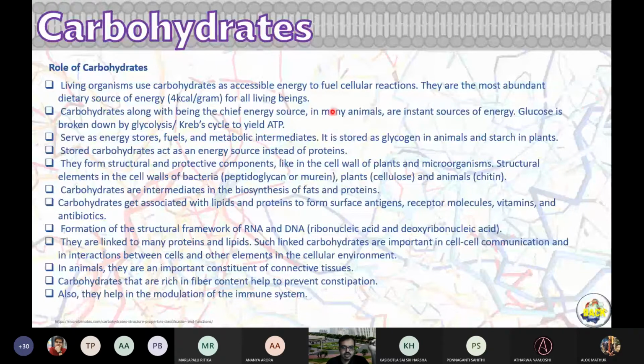Now, what does your brain do with the glucose? Glucose is processed through multiple pathways to get ATP. Remember this. This is the final compound which we use. We will understand it through the metabolic pathway. So glucose is the easiest source to get ATP.